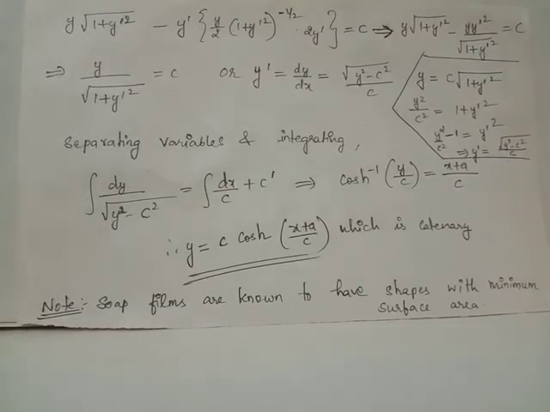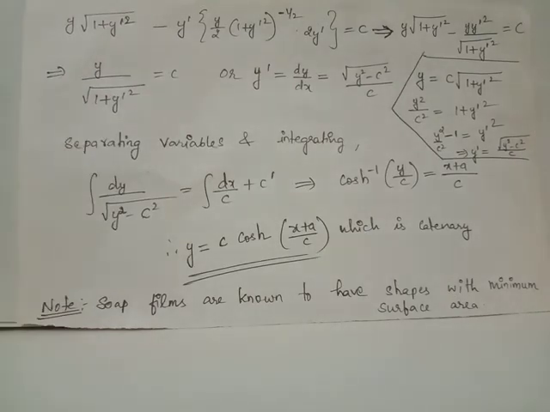Here you can take LCM. When root of 1 plus y dash square gets multiplied to this expression, it is free of square root. And we have the common denominator root of 1 plus y dash square. In the numerator, when you multiply y to inside the bracket 1 plus y dash square, you have positive y y dash square and this negative y y dash square getting cancelled. So the LHS reduces to y by root of 1 plus y dash square.